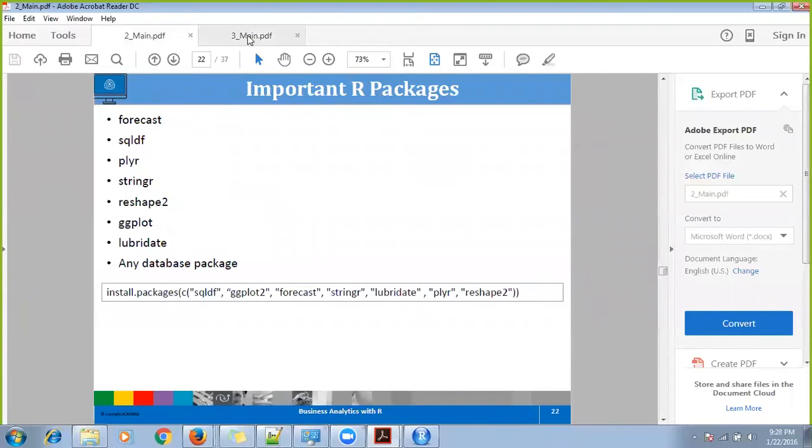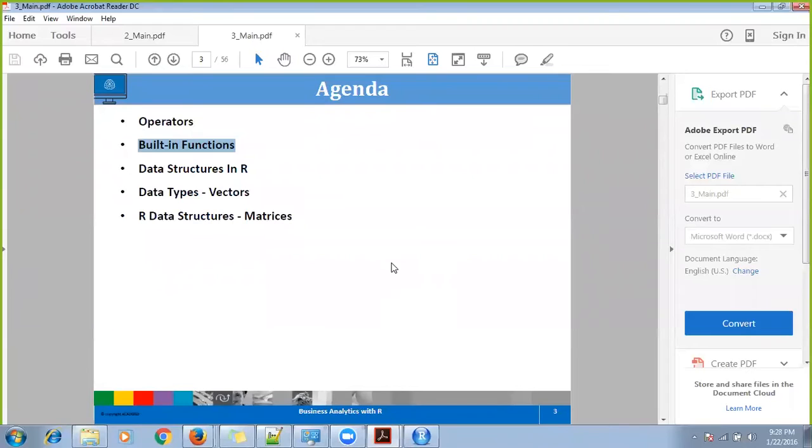I have not added anything out of that. So whatever are the default packages installed by R during the installation process, inside those default packages, we'll look into some major functions which will be for your use on a day-to-day basis, whenever you will be coding in R. So that is a built-in function I am talking about.